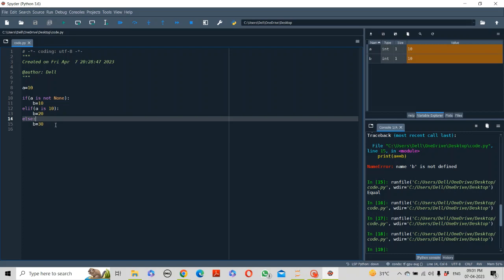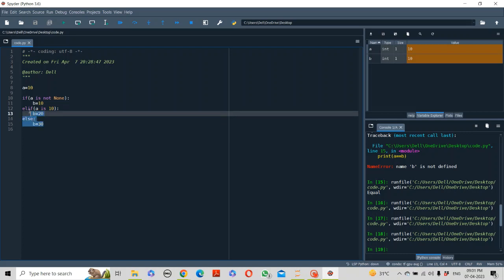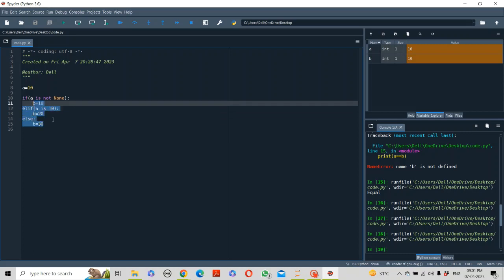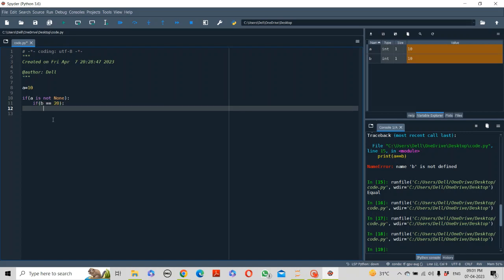For example, if A is not none, then I can go for another if here and say B is equal 20, something like that, and then some result will come, say for example print hello,